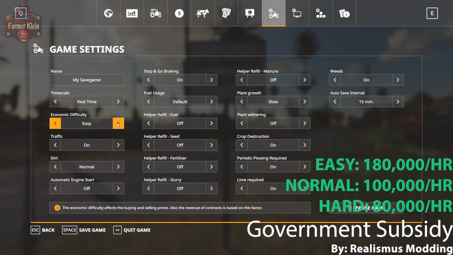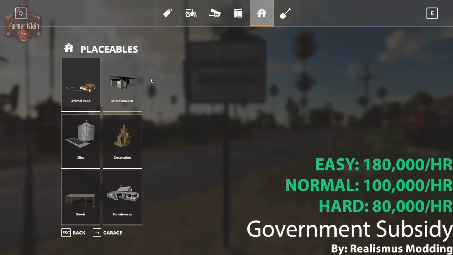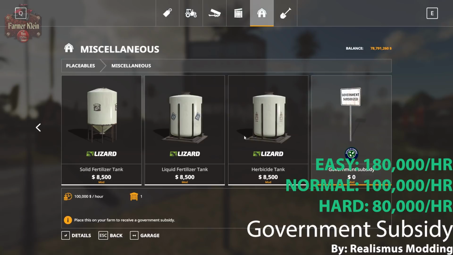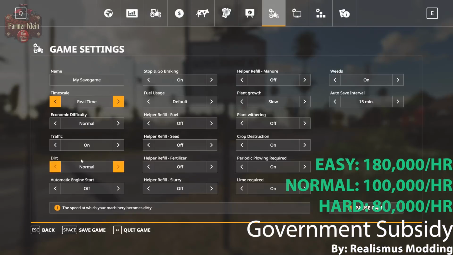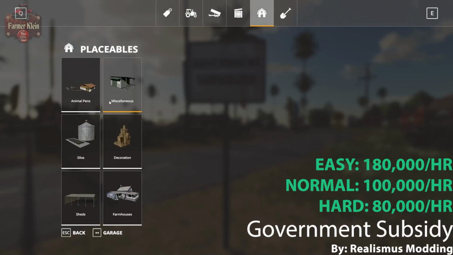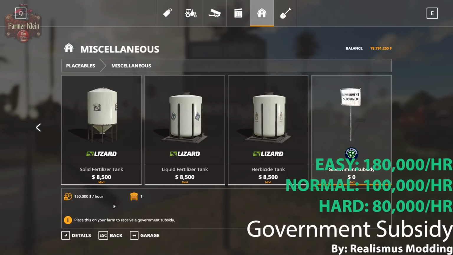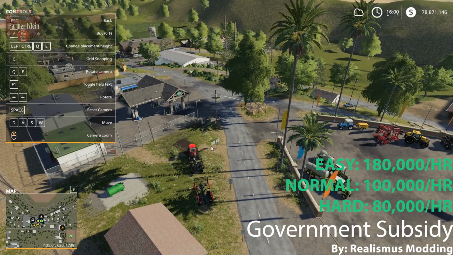If we switch it over to normal and we go back in the shop, see that we now get $100,000 per in-game hour. And if we go to easy difficulty and we go back in here, you'll see that we get $150,000 per in-game hour. And what's interesting is we're not limited